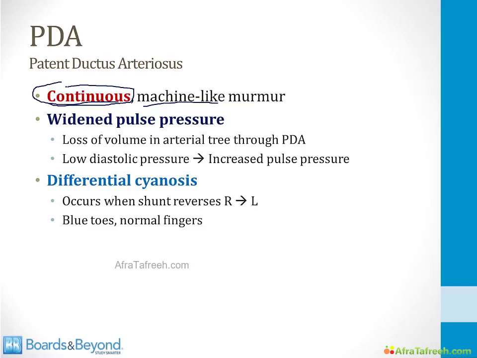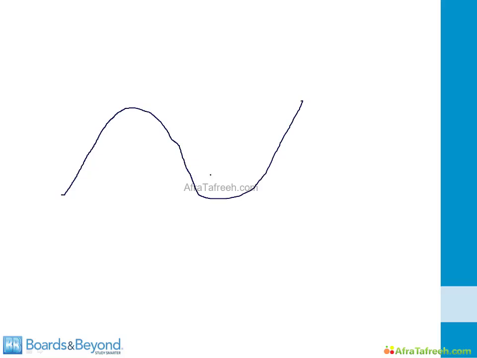In addition, a PDA is one of the classic causes of a widened pulse pressure. There's loss of volume in the arterial tree through the PDA. This leads to a low diastolic pressure and increased pulse pressure. To understand this, recall that your blood pressure goes up in systole as your left ventricle contracts. It then falls in diastole and normally begins to go up again at a relatively modest level of, say, about